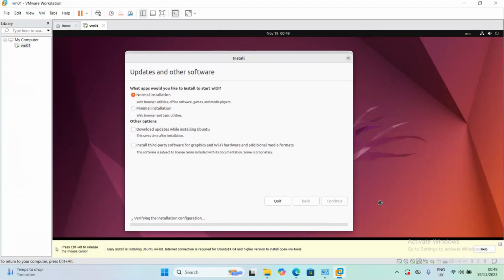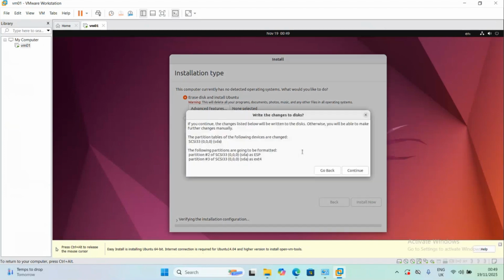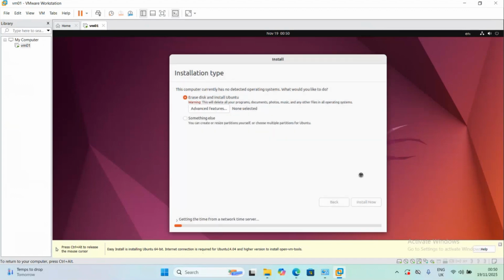Here, the next stage will allow me to erase the allocated space given, which was 20. And then I move on to install. A pop-up will come where I need to click on continue. So then it starts